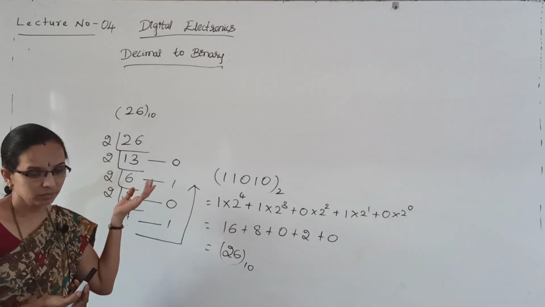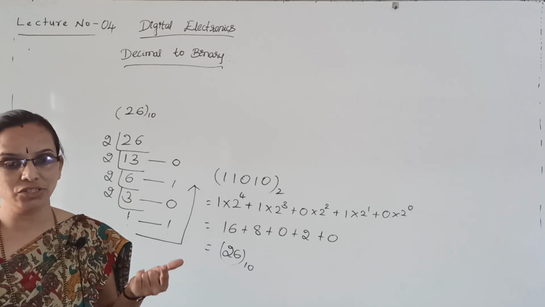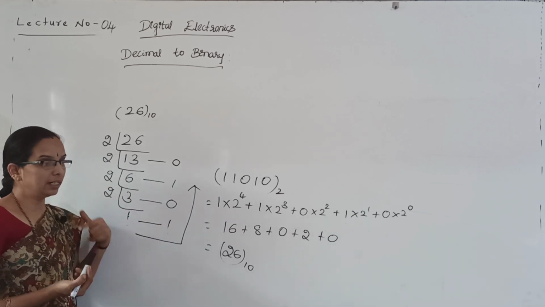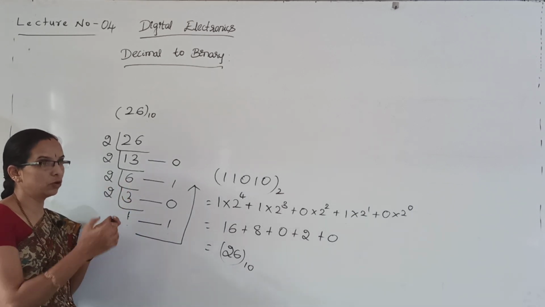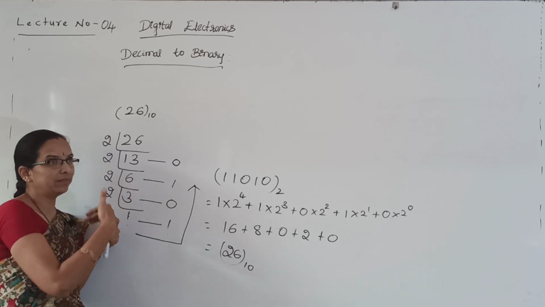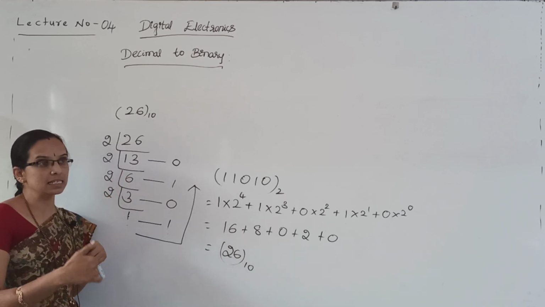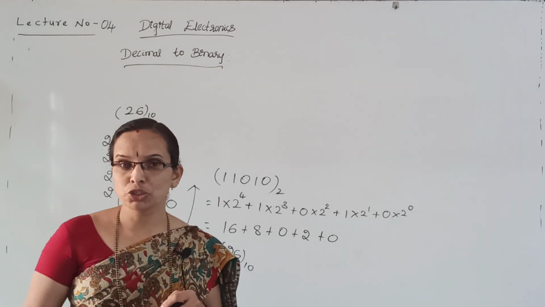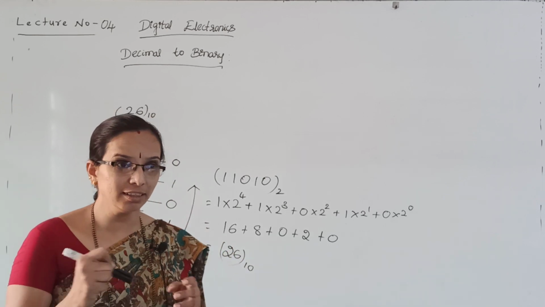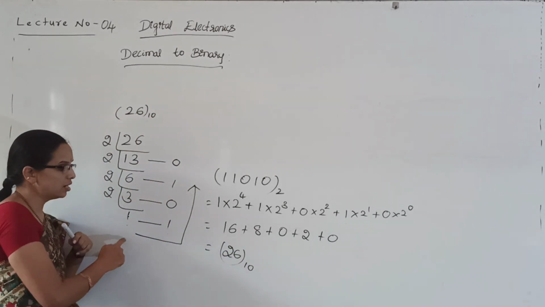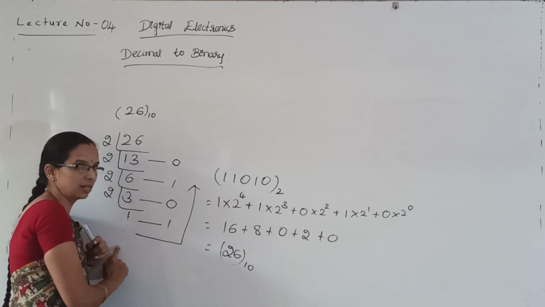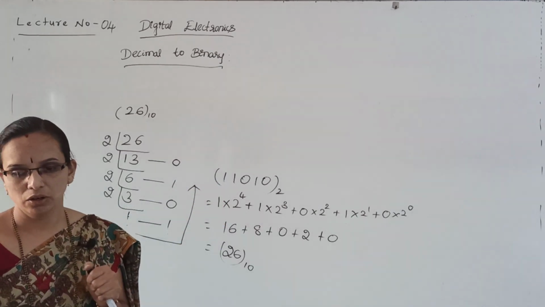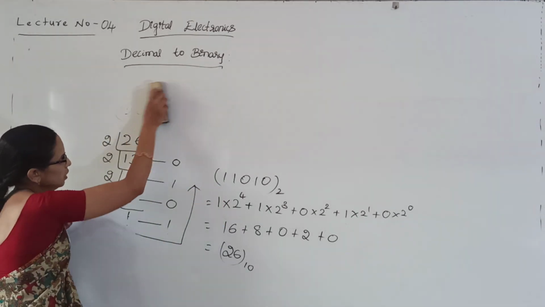The only thing in decimal to binary conversion is that you divide the given decimal number by 2, and you continuously divide the quotient again by 2 until the quotient is less than 2. In each division the remainder should be noted. And you have to take the list of remainders in the upward direction. Do remember, it should go in the upward direction, and that will be the answer. We'll solve some more problems and you'll come to know.